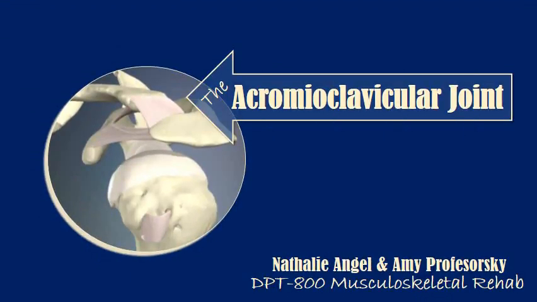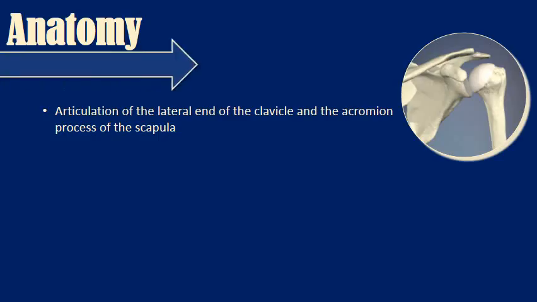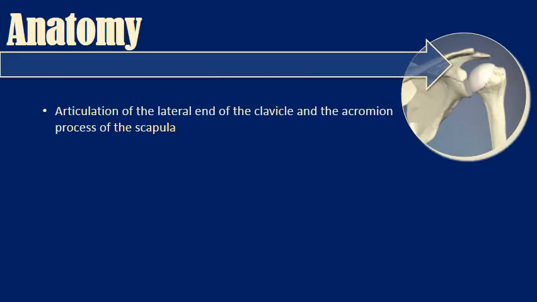The acromioclavicular joint is one of 4 joints that compose the shoulder complex. The acromioclavicular joint is formed by the junction of the lateral clavicle and the acromion process of the scapula. The AC joint is the main articulation that suspends the upper extremity from the axial skeleton and is a gliding or plane-style synovial joint. The articulating surfaces that make up this joint vary from individual to individual, but are generally